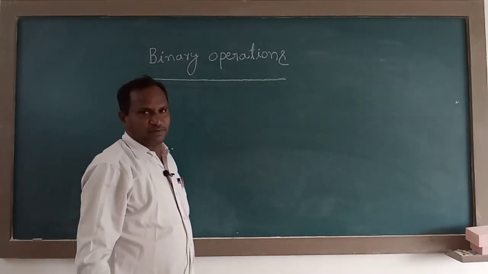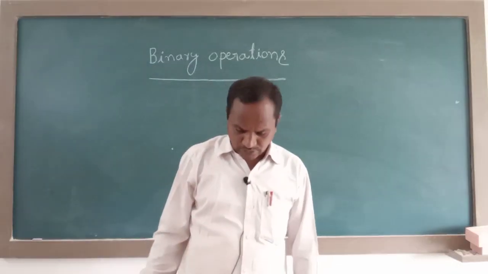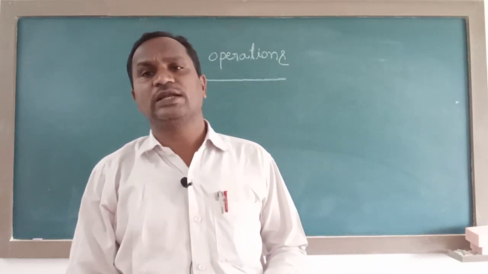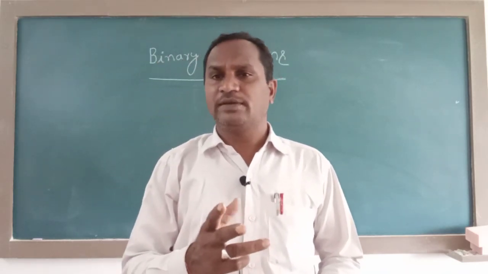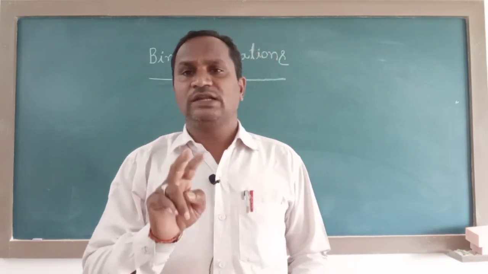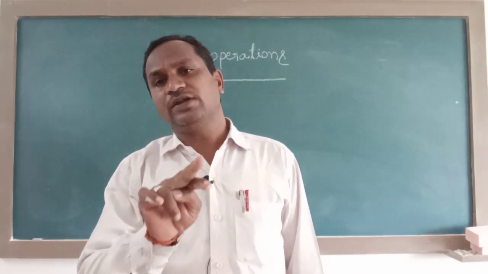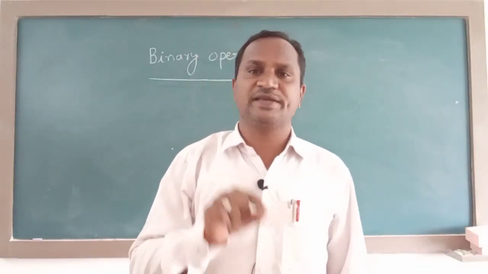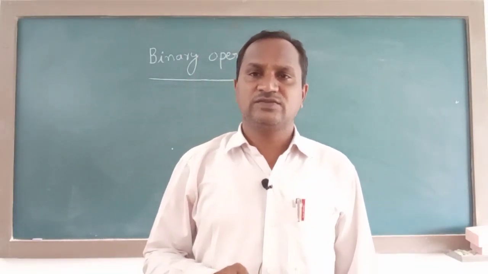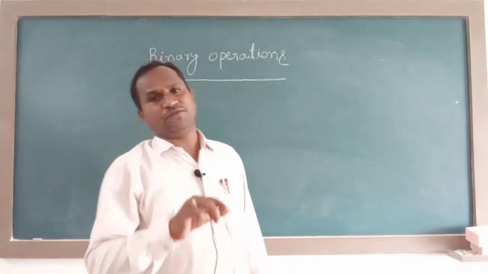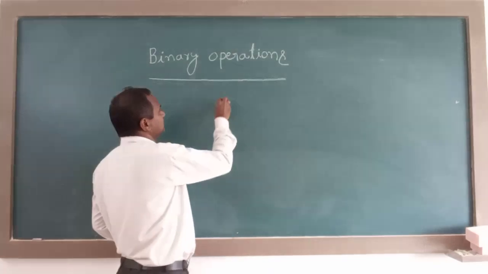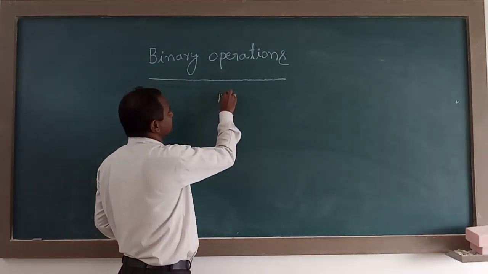What is meant by binary operations here? First, I'll show you binary operations through the number system. Bi means 2. That's why for every 2 elements, for every 2 numbers, that is, for every 2 elements only, this definition will exist. First, I'll tell you through the number system. For example, take the set of natural numbers.